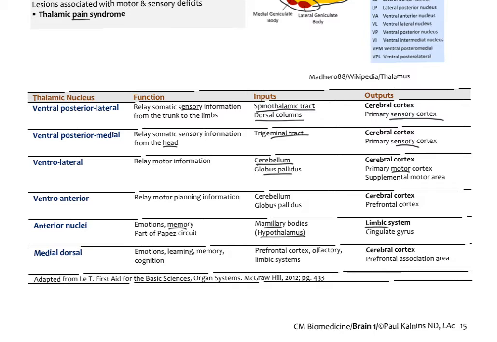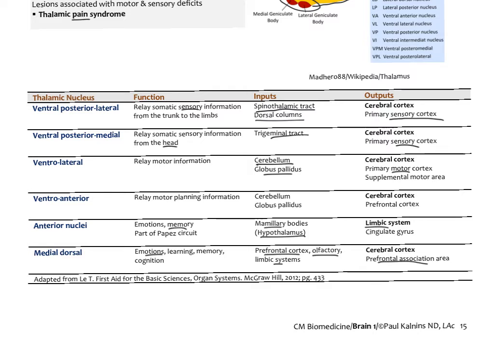And then finally, the medial dorsal thalamic nuclei. This is also involved in emotions, learning, and memory. And this is going to have inputs from the prefrontal cortex, from your olfactory center, your limbic centers. And so this is how smell actually is going to be encoded with emotions and with memories. And then fibers from there will go back to the cerebral cortex, to what's called the